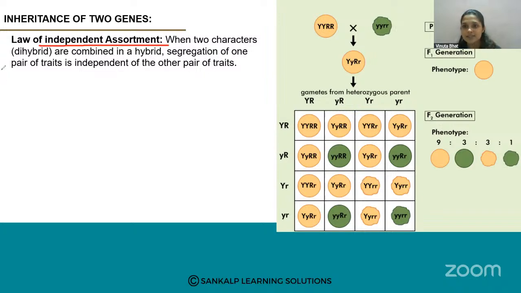We will study that last. Let us take 2 characters combined to form the hybrid. For the dihybrid cross, a yellow round seed producing pea plant